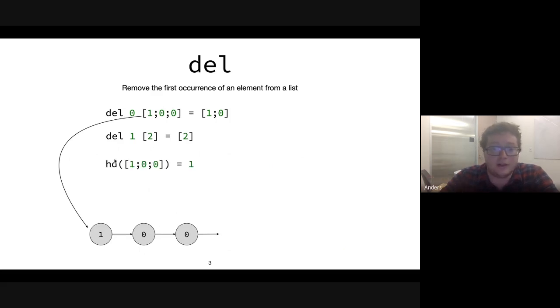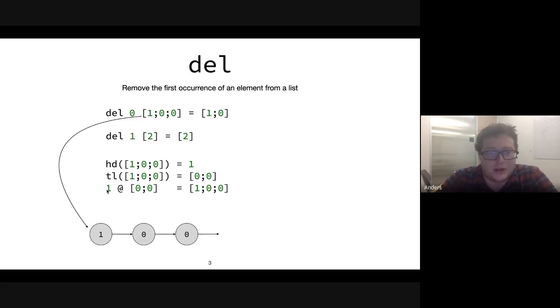I'm going to have some built-in functions. I'll have head, which will extract the first element that's pointed to, and tail, which will extract the tail of the list. That's how I can extract the various components that make a full list. I also have a concatenation operator. I'm using this little @ sign, which is often used for append, but here I'm going to use it for consing or prepending. I'm probably going to use all those terms simultaneously, so sorry if it gets confusing. Basically, I'm consing 1 onto 0, 0, and I get 1, 0, 0. So this little @ sign adds this node to the front of the list.